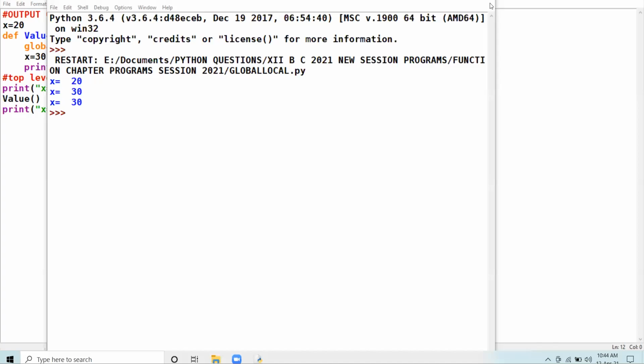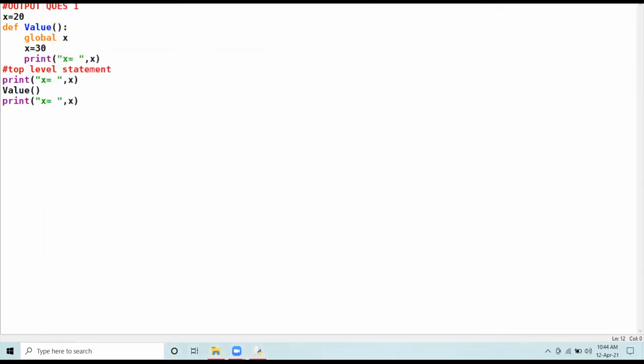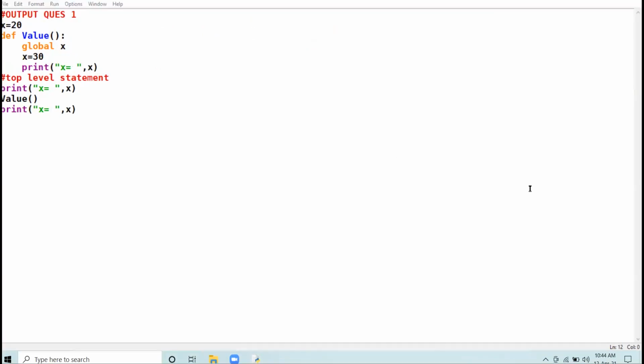I again repeat the concept. As I told you, beta, a variable declared in the top level statement is known as the global variable, and the variable which is declared inside a particular function is the local variable. I just make one change here, x equal to x plus 10.